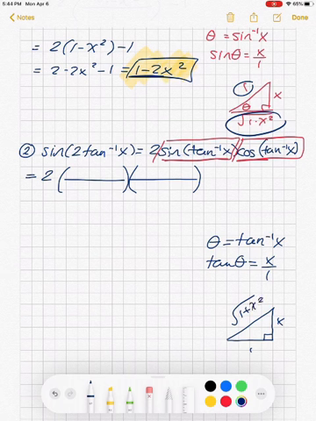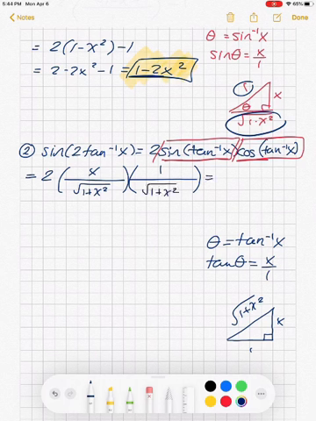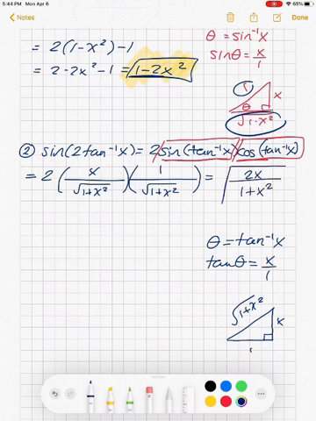Okay, so let's see, what is sine? That'd be x over root 1 plus x squared. And cosine, and so 2x over 1 plus x squared. That comes out